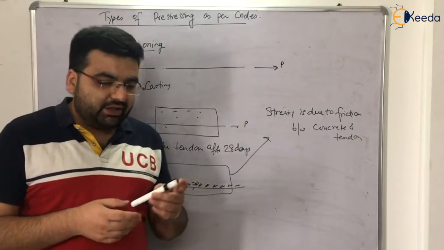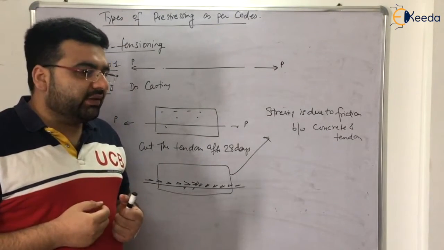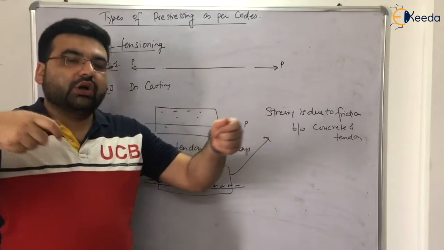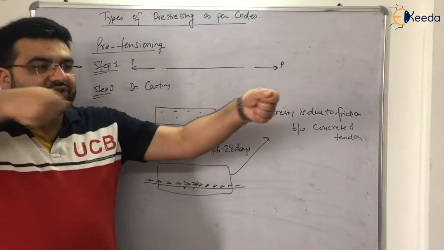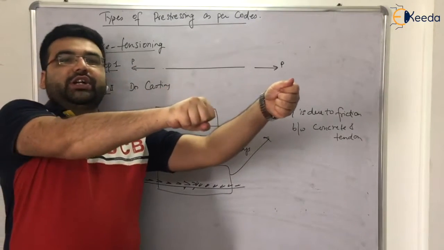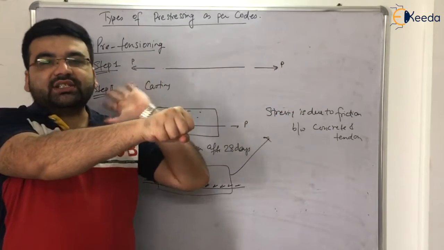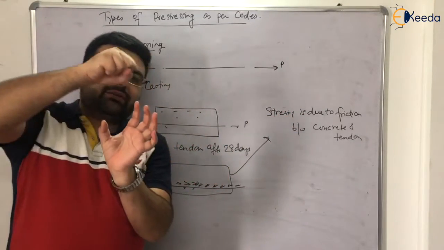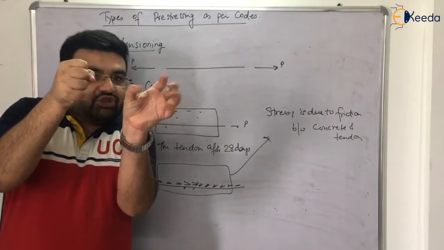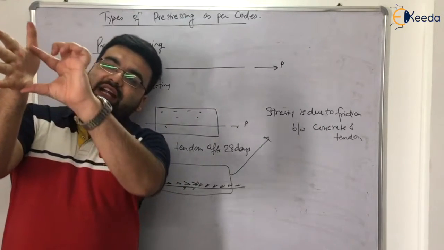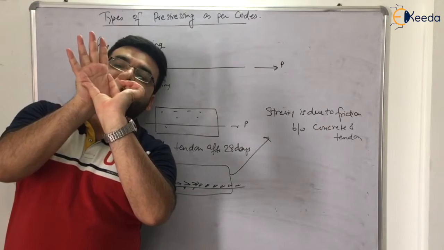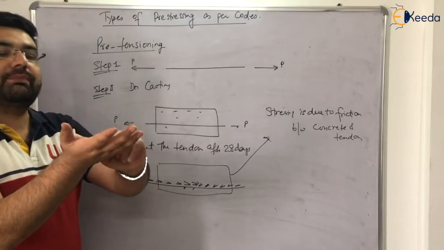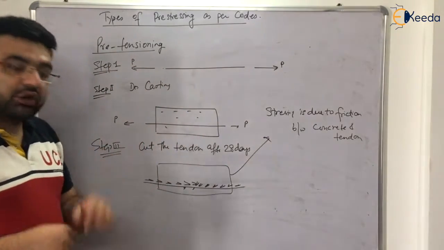Clear? Now let me give an example. You can also perform this example. Let us say that you have some stretchable thing, right? You stretch the thing. You tell someone, your brother or sister or anyone, just stretch this thing, right? He will stretch it and then you hold it, and you tell him to just release it. So when he releases it, whatever the thing you are holding in your hand, you can feel some stretching inside your hand, right? It means that your palm will go like this, right? It means that the stretching, or the compressing, is due to the friction between your palm and that particular material. Similar case here also.